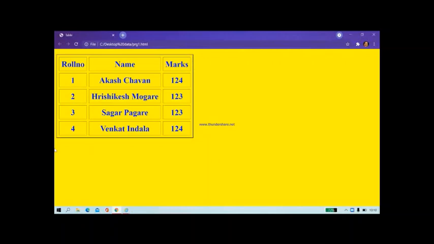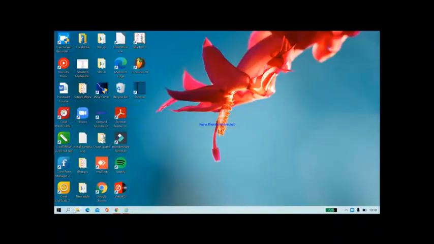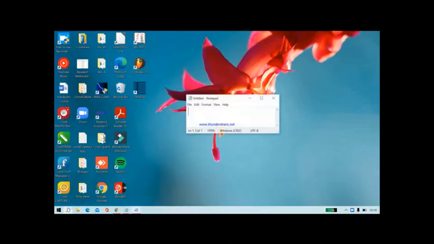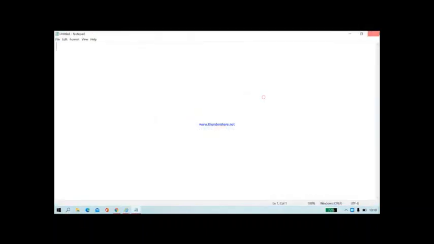For this, how to write a code, that we are going to see now. Open the Notepad application program. After opening this, start writing the program with the doc type HTML, then HTML head, after that title will be table, slash title and slash head.